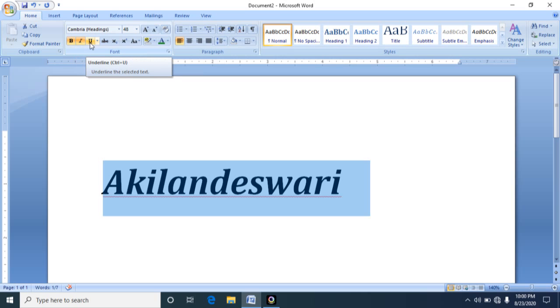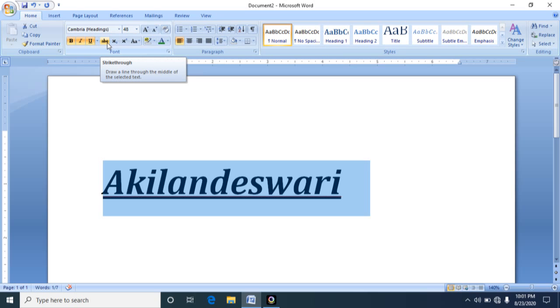Next, for a heading, we will use underline. In the same way, by using the underline symbol, you can underline specific text. Within a paragraph, if one particular sentence is very important and you want it underlined, you can use this underline icon. And this is strikethrough.